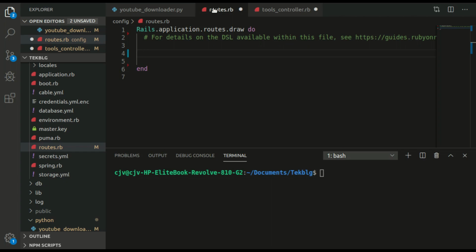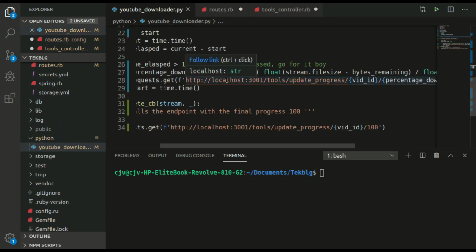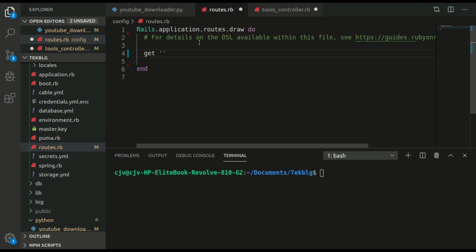First we're going to define the update progress route. This is the route that's actually going to be called by this Python utility function. Okay, so it's going to be a GET request. So we're going to say tools, which is just an arbitrary directory. Update, not upgrade. We're not upgrading anything. Update progress. Okay. Slash